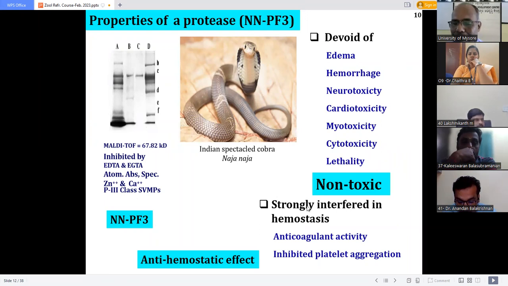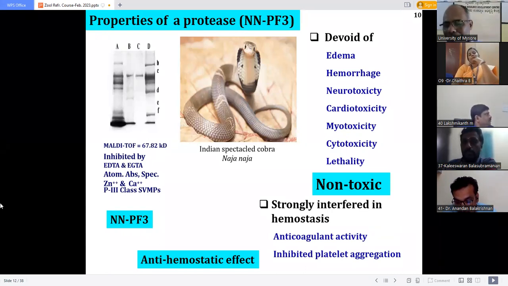However, our enzyme strongly interfered in hemostasis. Particularly, it exhibited strong anticoagulant activity, that is, inhibited clot formation, and it also exhibited strong platelet aggregation inhibition. So it inhibited platelet aggregation. Thus, our protease strongly interferes in hemostasis. So it's showing an anti-hemostatic effect. It is strongly inhibiting both plasma coagulation as well as aggregation of platelets. So these properties are very, very essential and can be explored for human benefit